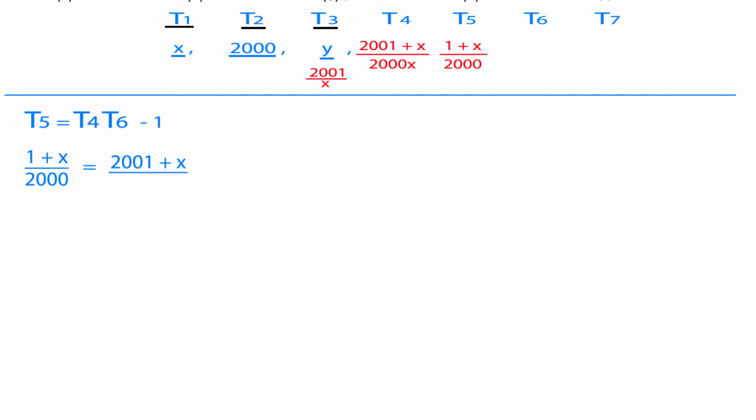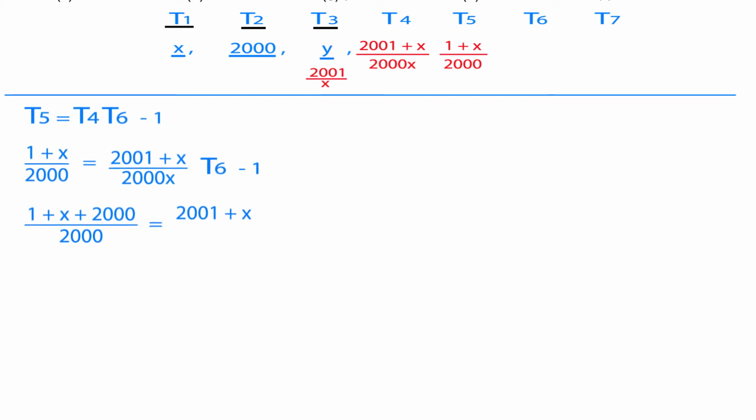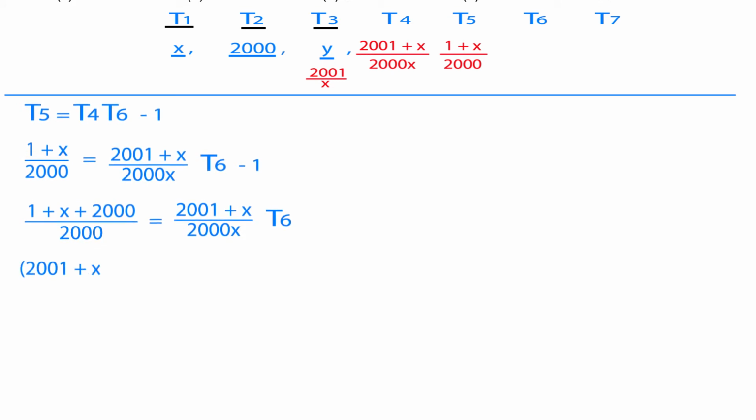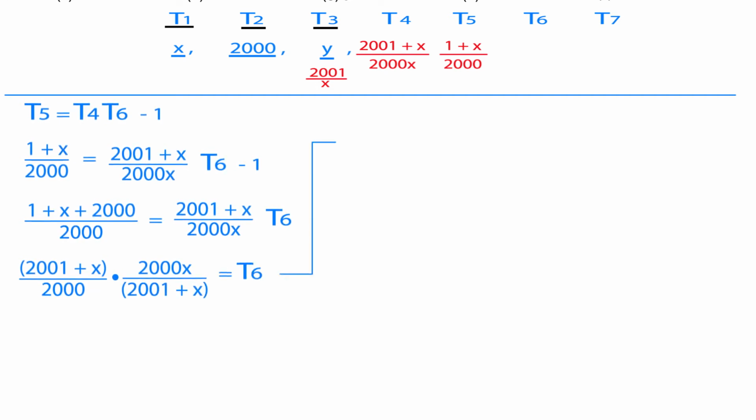T4 is equal to 2001 plus x over 2000x. And T6 minus 1, like that. So bring the 1 over and get a common denominator, which will be 2000. And then this is 2001 plus x over 2000x, T6. So we've got 2001 plus x over 2000 times, cross multiply, 2000x over 2001 plus x is equal